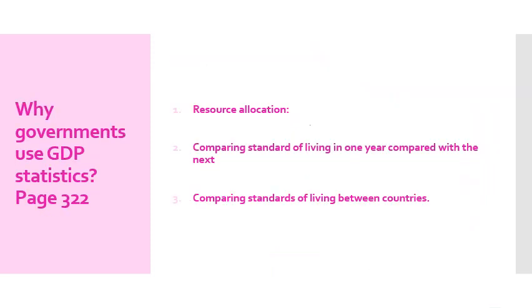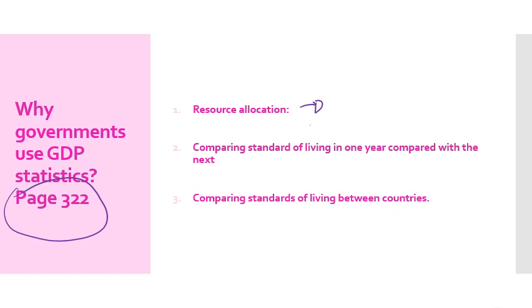Now, why do governments use GDP statistics? This could be found in your books, page 322. In general, GDP statistics can help governments and economists in a number of ways. The first way is the allocation of resources. What does that mean? When I am talking about resource allocation,